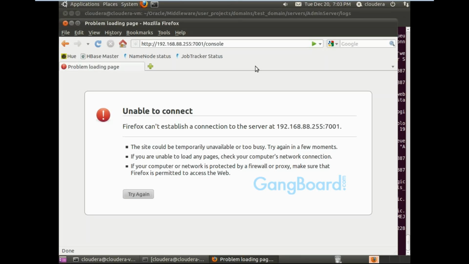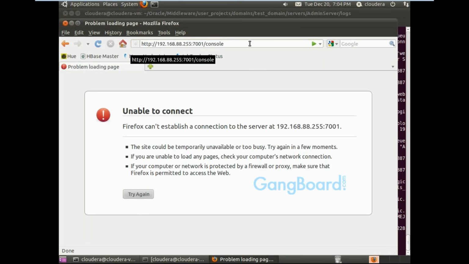Actually, after bringing up the admin server, our console should come up, but it is not coming here. I don't know what the problem is, because our admin server is up and it is in running state right now.